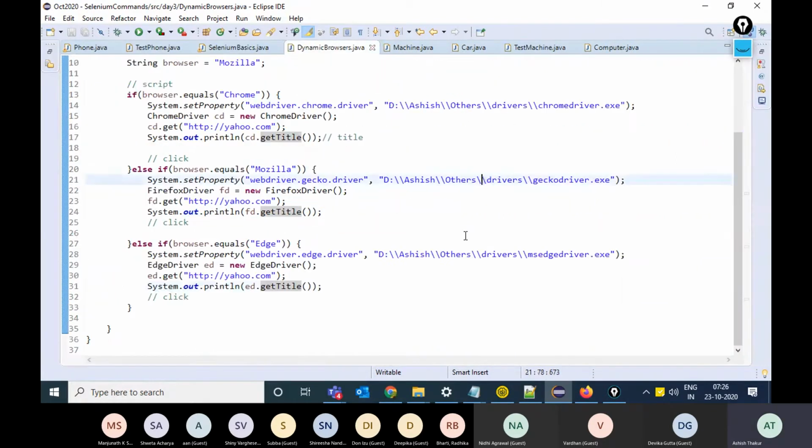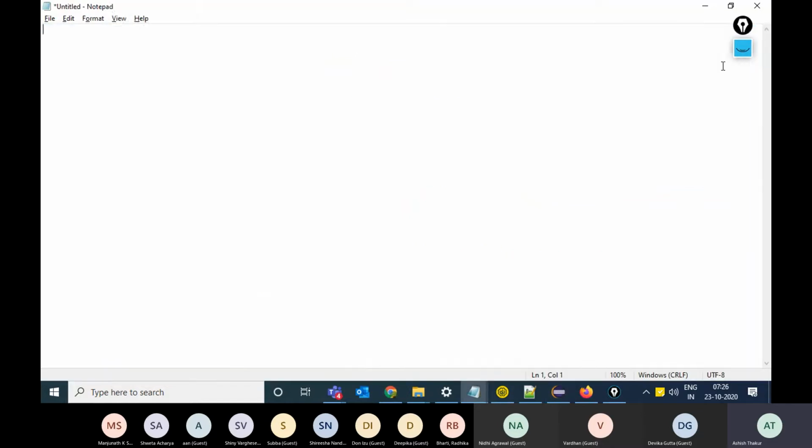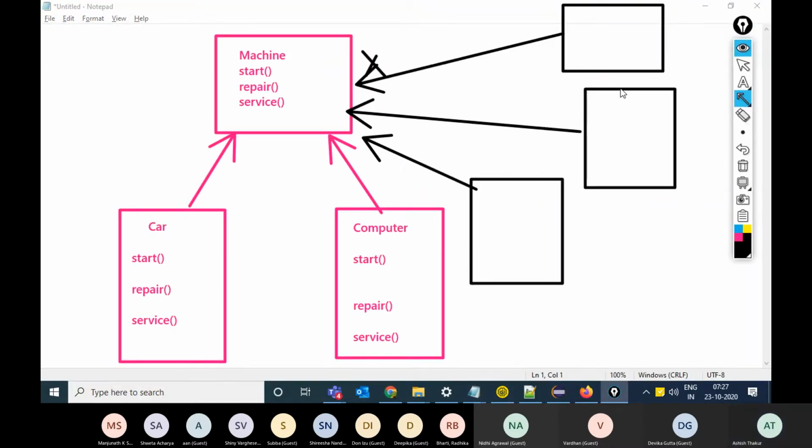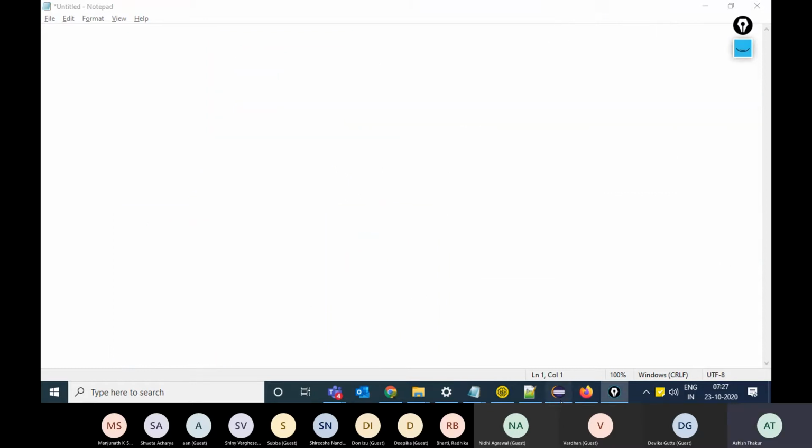So one thing is for sure: if you are using an interface, then no matter how many classes implement the interface, the names of the functions in all the classes would be the same. The implementations might vary, but the names would remain the same.